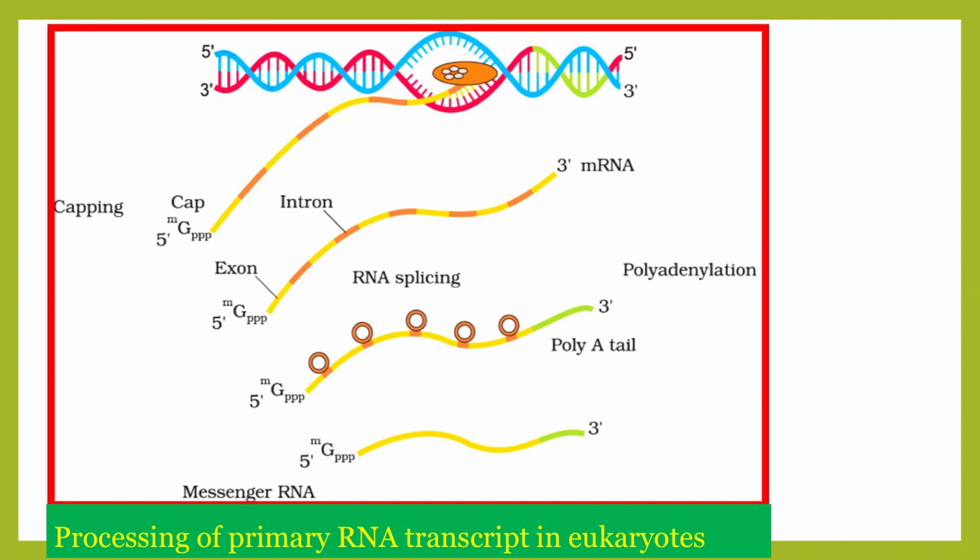Side by side, removal of introns takes place by a looping mechanism. They are looped out and chopped, and exon 1, exon 2, exon 3 are joined, spliced back. As a result, removal of introns and joining back of exons makes the exons continuous, so the functional, matured mRNA is too small as compared to the primary RNA transcript.